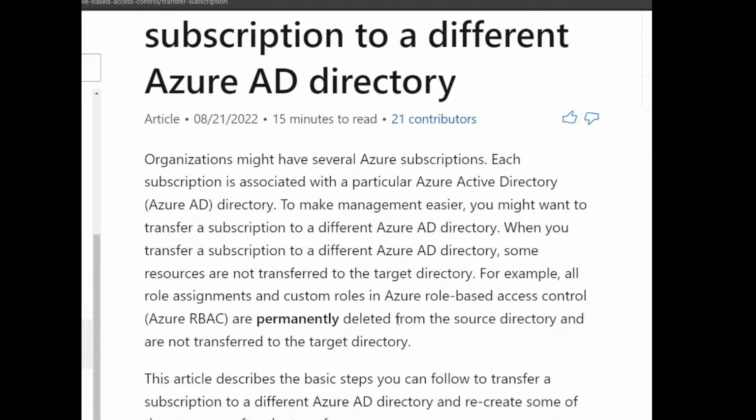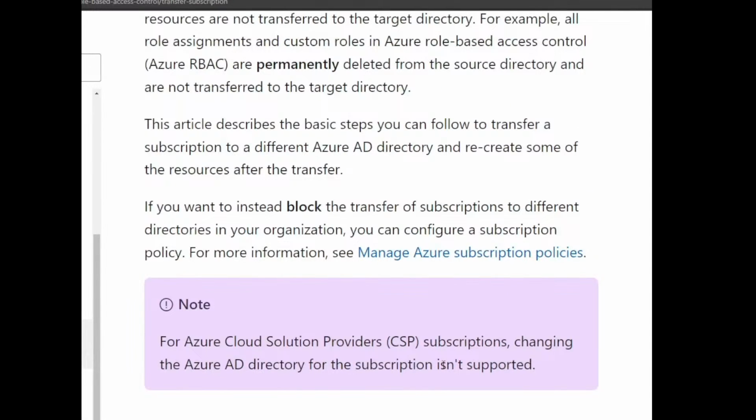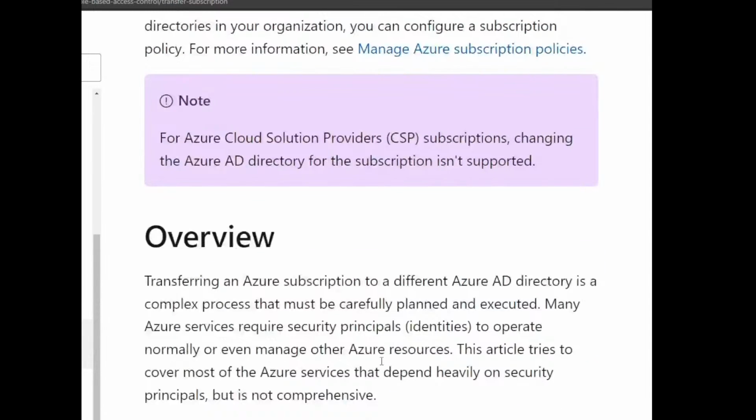Tuloy natin to. Baka may malaman tayong clue. The article describes the basic steps you can follow to transfer a subscription.